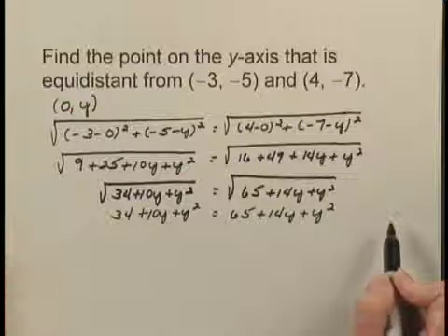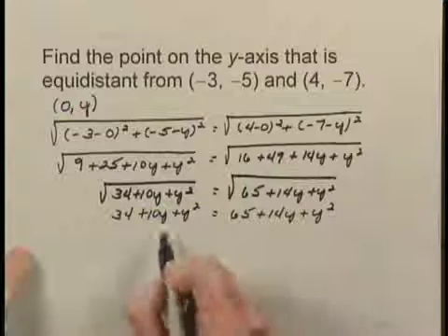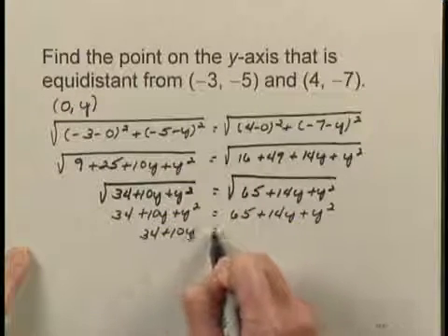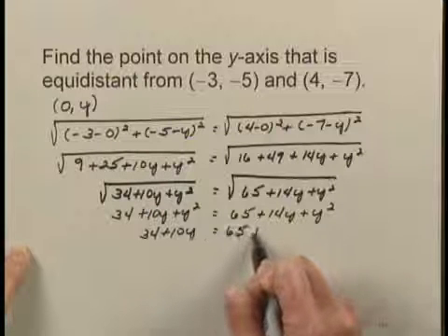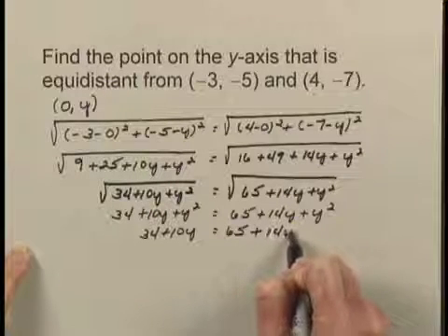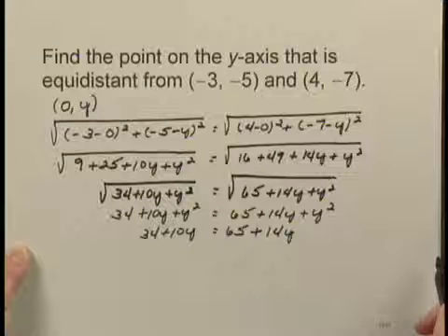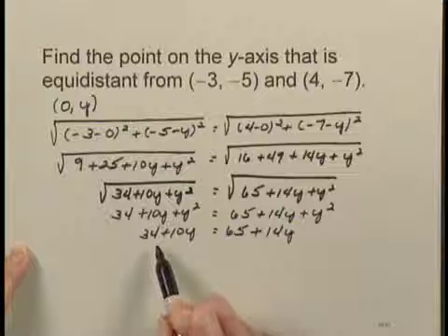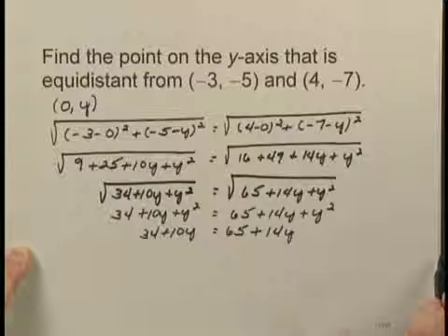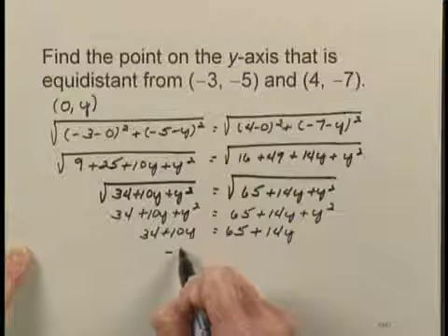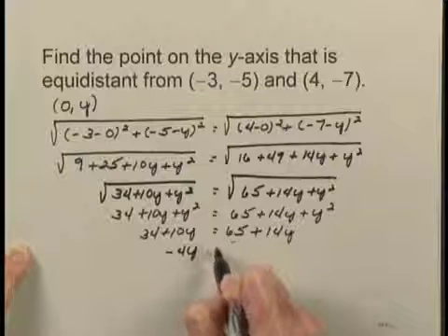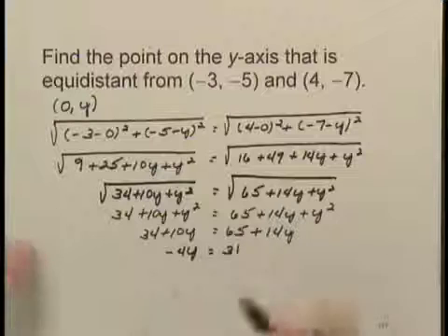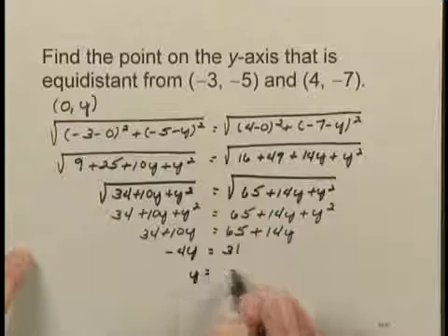Now if I subtract y squared on both sides, I get 34 plus 10y is equal to 65 plus 14y. I'm going to subtract 14y on both sides, and I'm going to subtract 34 on both sides also. And that gives me -4y is equal to 31. And finally, if I divide both sides by -4, I have y is equal to